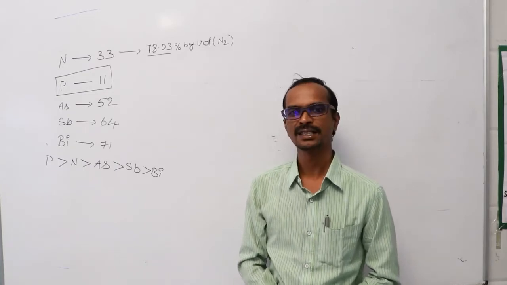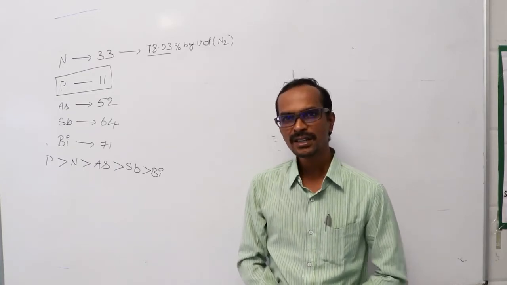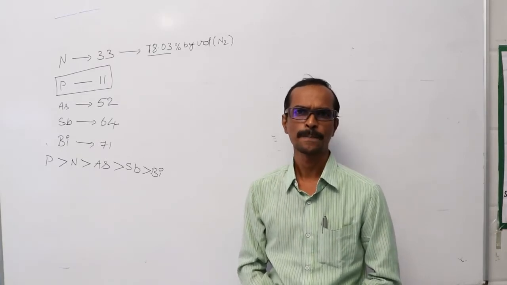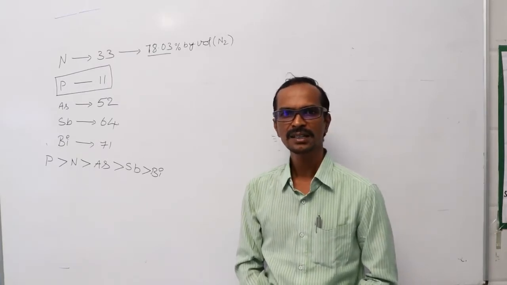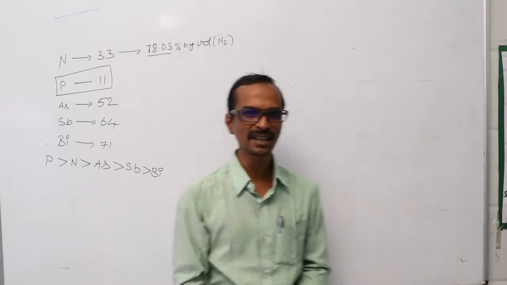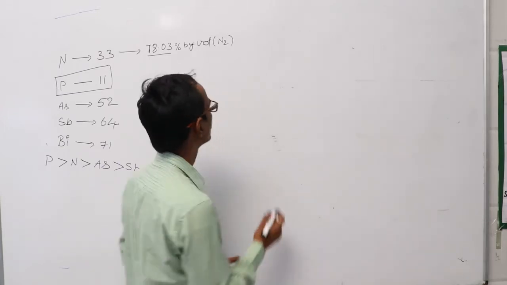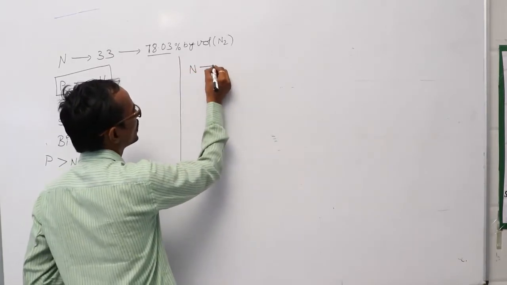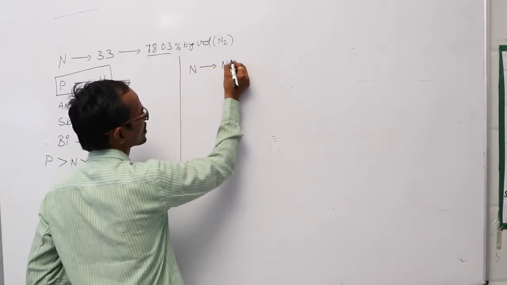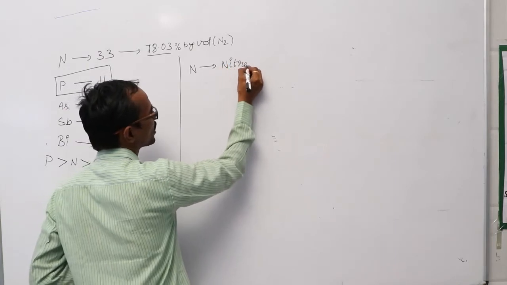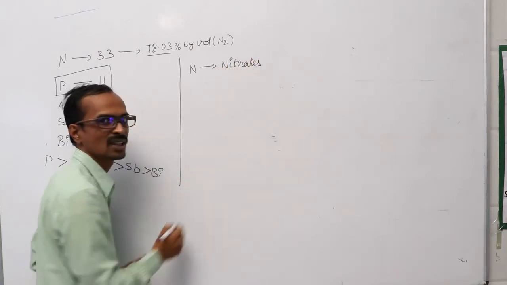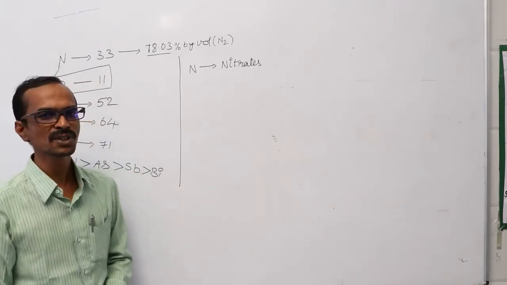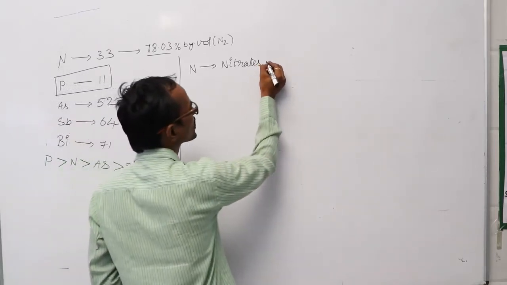And next, in the Earth's crust, how are these elements present? Generally, nitrogen is present in the Earth's crust in the form of nitrates. How is it available? Nitrogen is available in the Earth's crust in the form of nitrates. What are the examples for that? Nitrogen is present in the form of